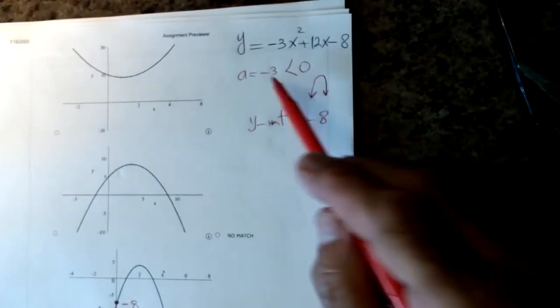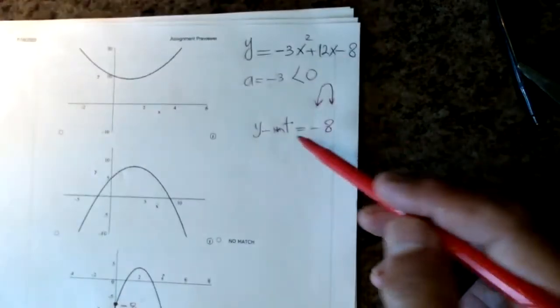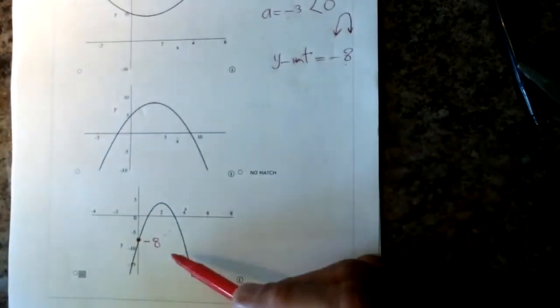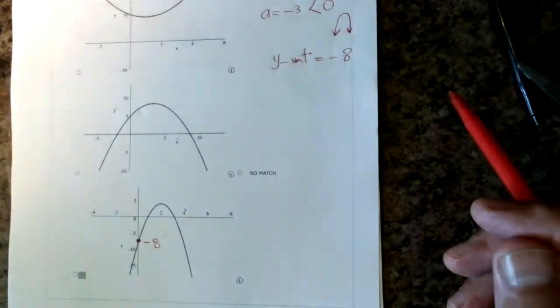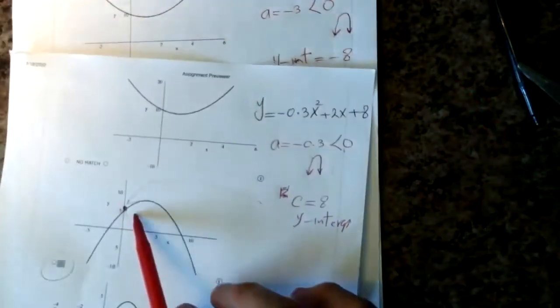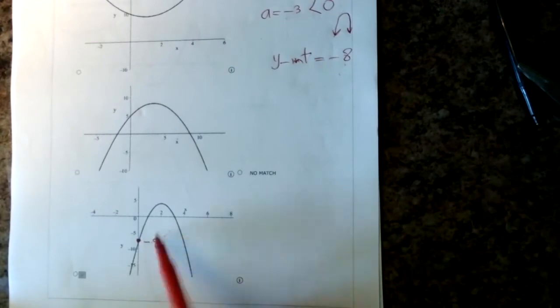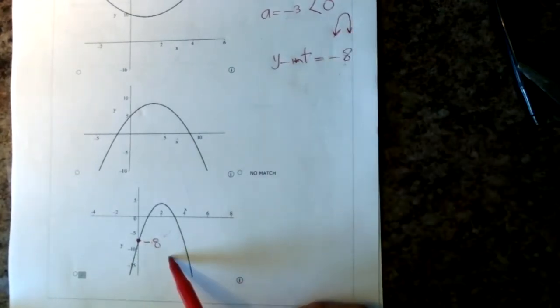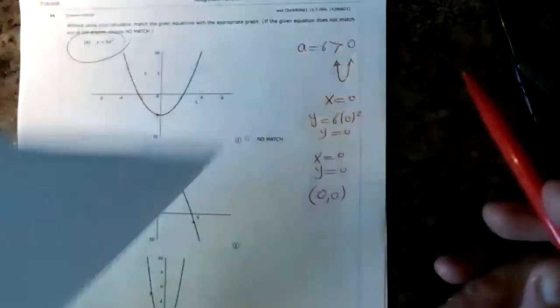Another example. A is negative, so the parabola is going down. So it's one of these two. Y-intercept is negative 8. Isn't it the same one? Yeah, I guess it's the same one. Oh, it is very similar, but okay, well, it's not similar because this is positive 8. All right, so intercept is negative 8 and the graph is going down. So this one matches. Look, the graph is going down and the intercept is negative